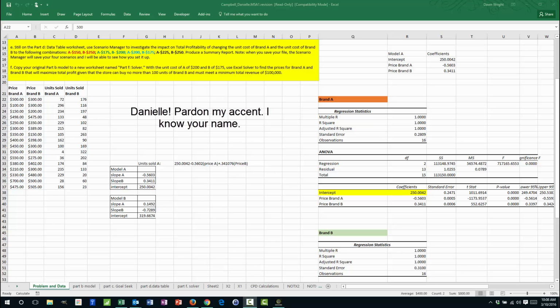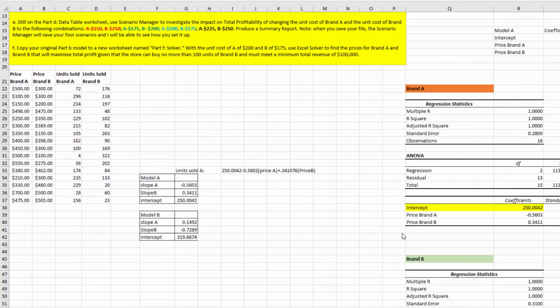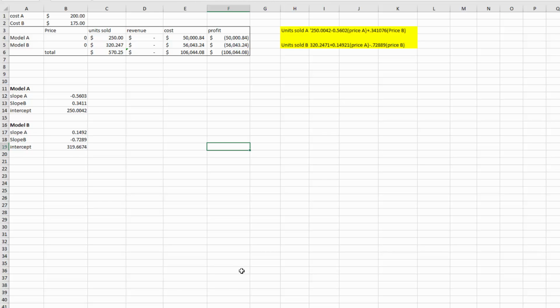Daniel, I've looked at the file you sent me, and overall it looks good. This is the problem and data page you sent me in which you have your regressions, and those look good. Those are the formulas I'm pretty sure that you should have come up with. The model